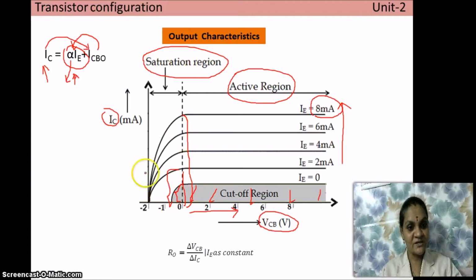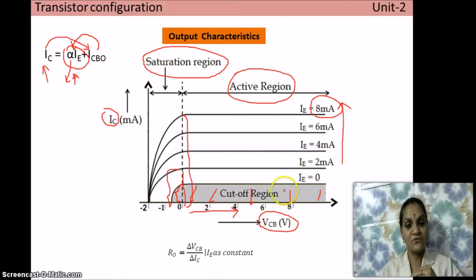So that's why here in the saturation region, for any increase in the reverse bias voltage, that is the VCB voltage, there is an increase in collector current. See here, there is a rising curve. So this shows there is an increase in collector current. This is because both the junctions are forward biased. Under forward bias, a large movement of charge carriers will be there. So this results in a drastic increase in the collector current, which is the output current. So in the saturation region, the transistor acts as a closed switch.